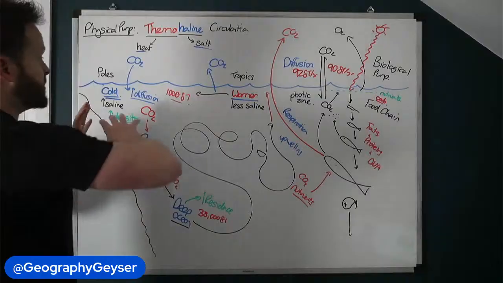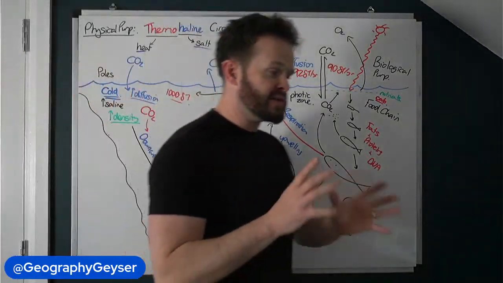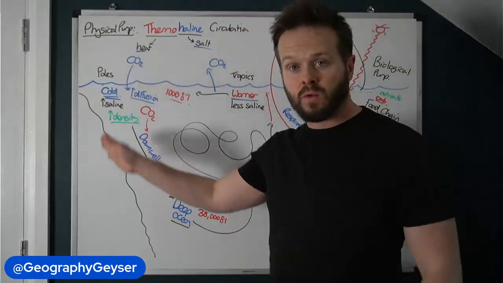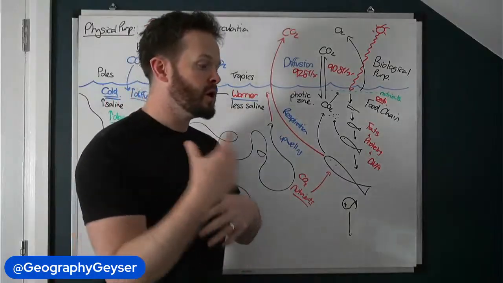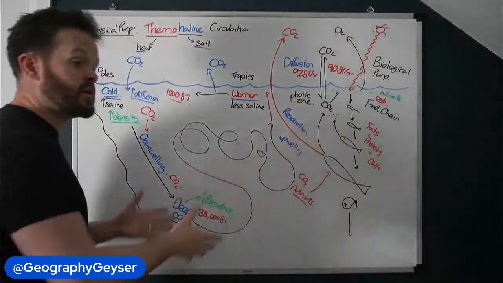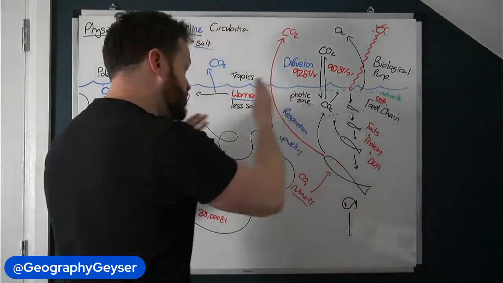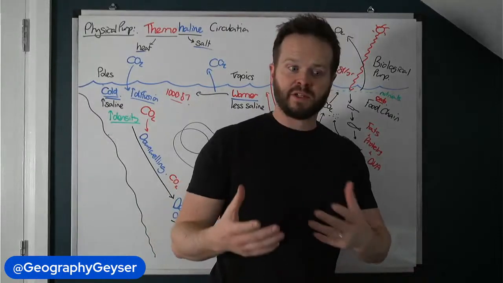And you've got the thermohaline circulation, which is because we've got temperature and salinity differences between the tropics and the poles. That means we get the downwelling of water in the poles. And that's the thing that kickstarts that whole ocean circulation system, which obviously, as we know now, supports not only atmospheric concentrations of carbon in the atmosphere, but also supports your biological pump. So they all support each other. So that's your fast biological cycle.